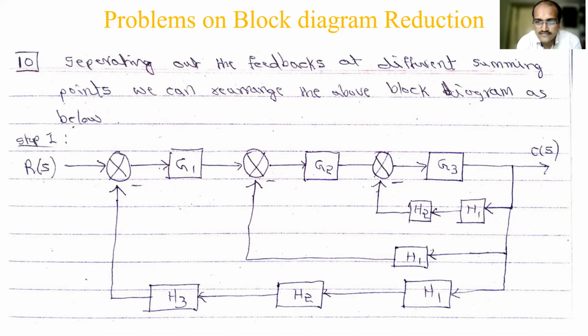Now in this case, I am getting this minor feedback loop. This is a series H1 into H2, it becomes one block. And then this is one block G3. So now this is a minor feedback loop. Yesterday we had that derivation, so I will apply the G divided by 1 plus GH formula to this. Then this summing point and takeoff point will be removed and it becomes a single block. Its value is G divided by 1 plus GH.